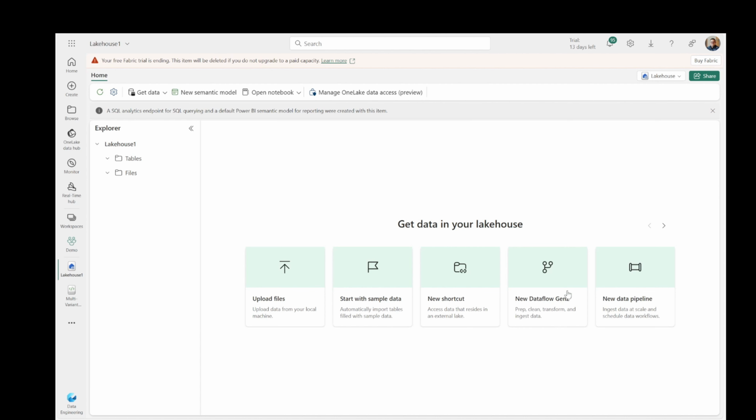And then there's new data pipeline, which we'll go over at some point. I'll make a video on how to do a pipeline. But what we're going to do is upload data to the files. Now I've already downloaded some sample sales files. So I'm going to go to these three